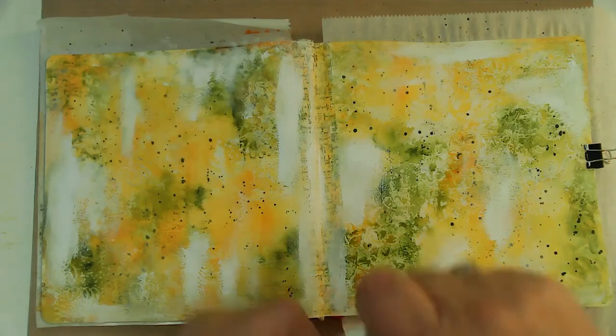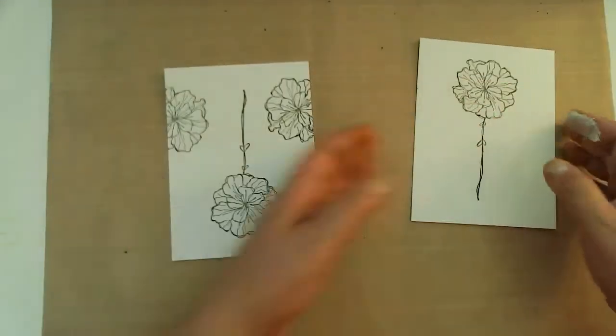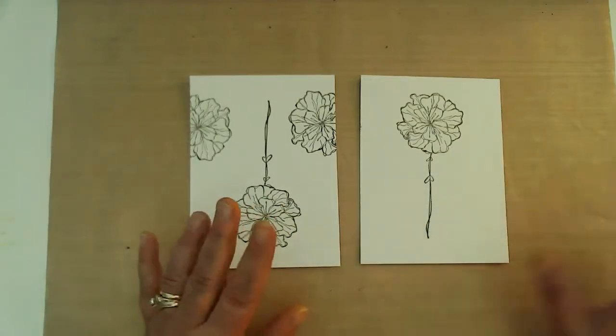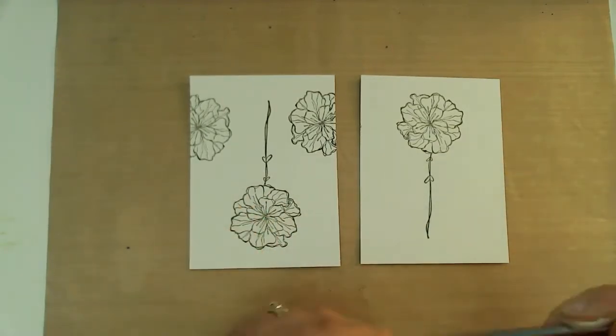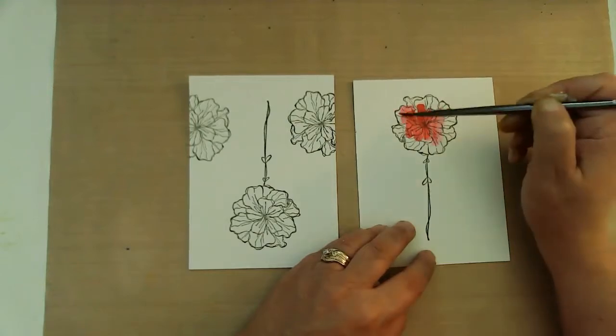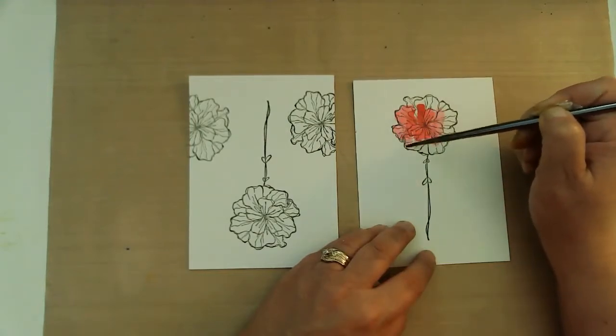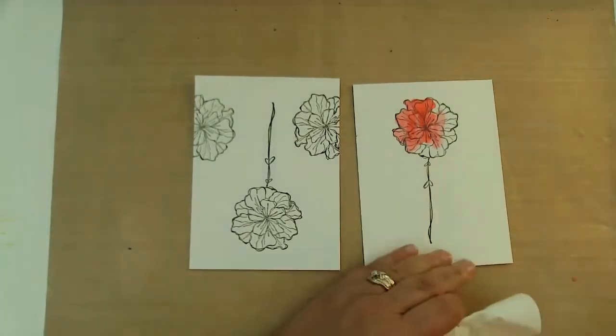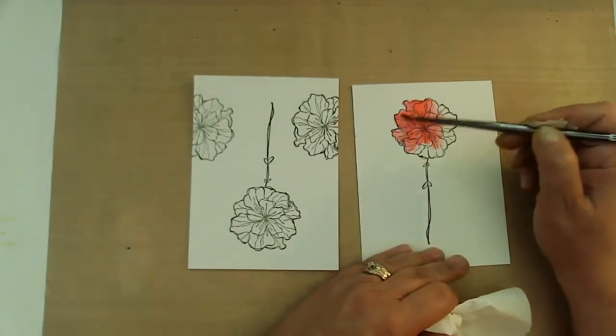Now, while that dries, I decided I was going to come in and do the painting with the acrylic ink on these flowers. I will be fussy cutting them out, so it didn't really matter if I was going out of the lines. This is the quinacridone rose in the Amsterdam ink. And it doesn't matter that I'm going out of the lines because I will be cutting them out. So I just kind of get a little bit sloppy here as I move along,